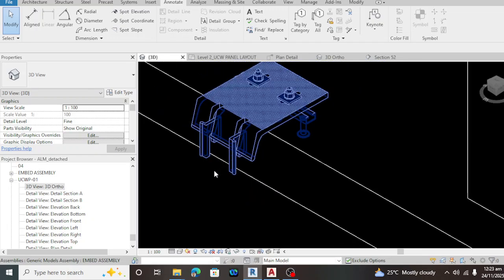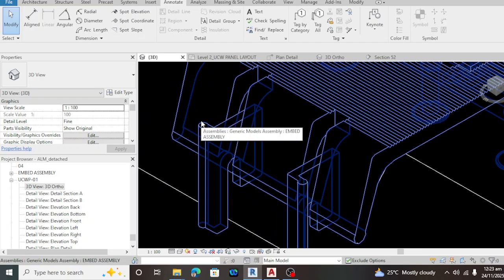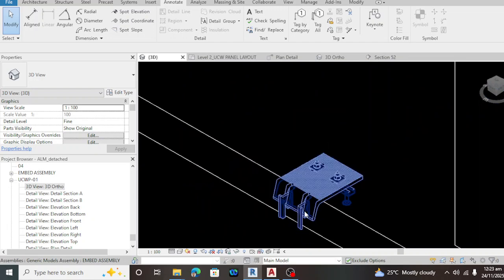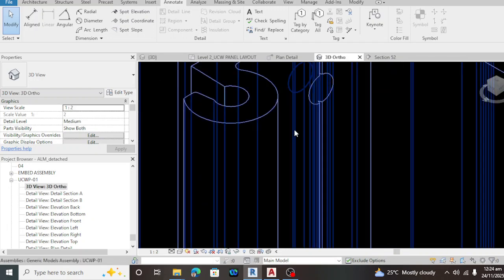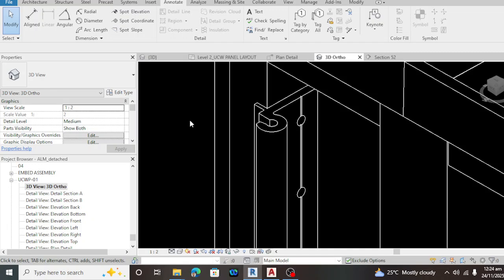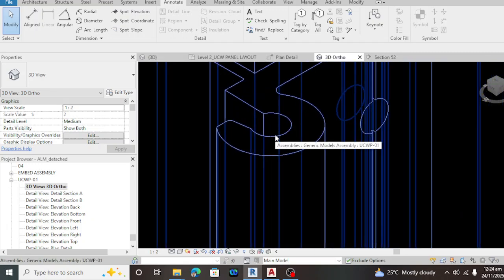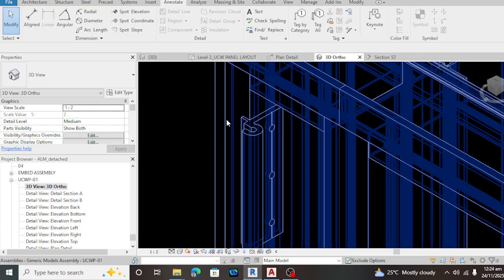Then the panel bracket will shoot in this part. That is how we're going to put the panel in every hook bracket.